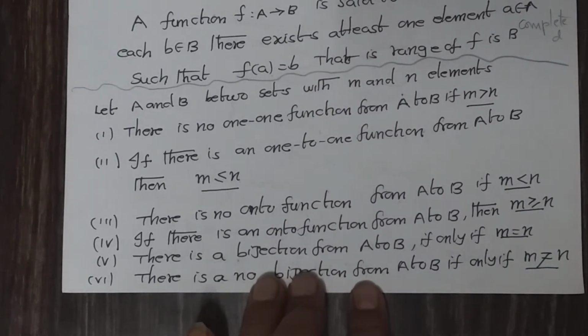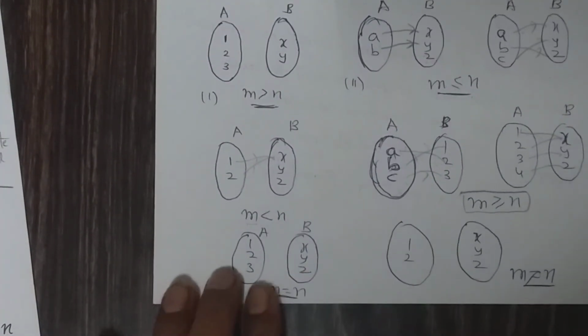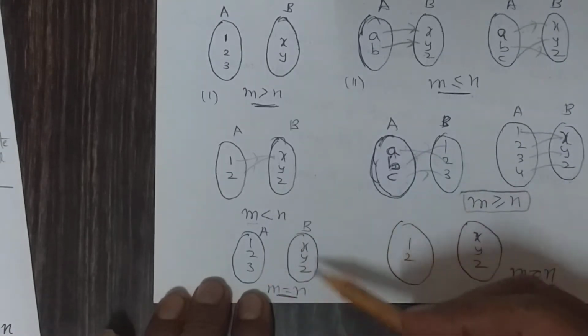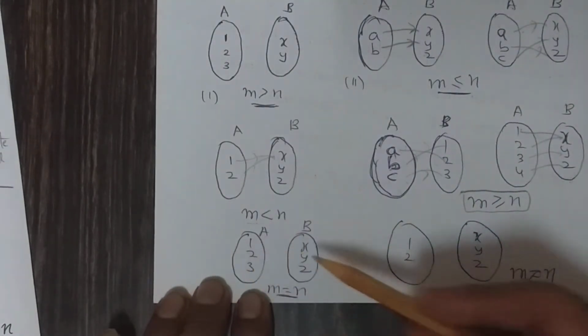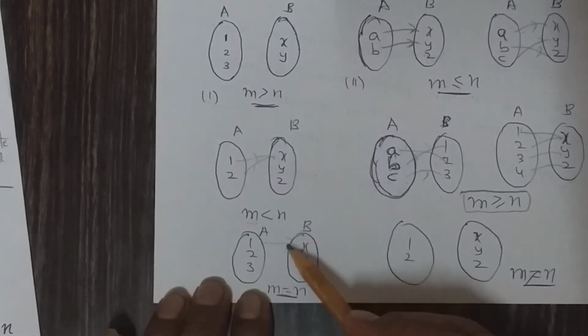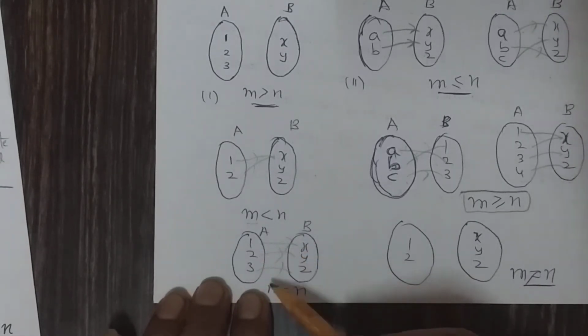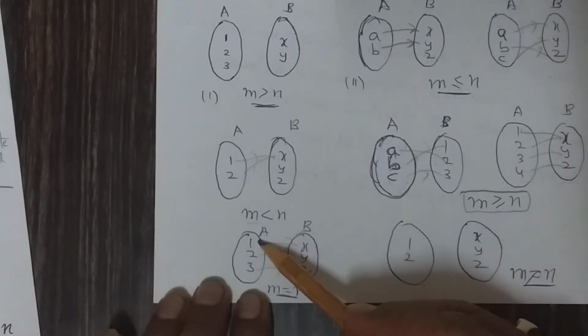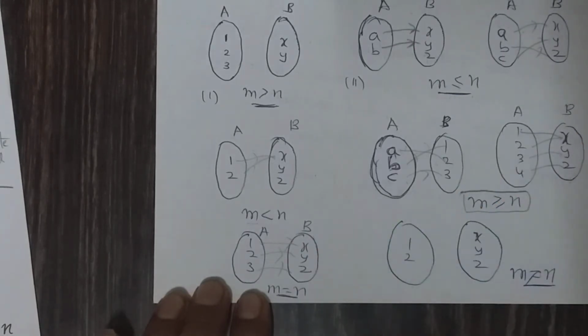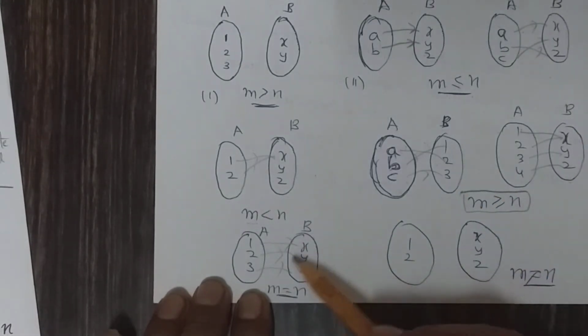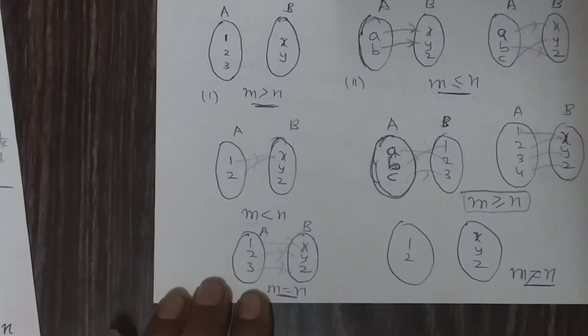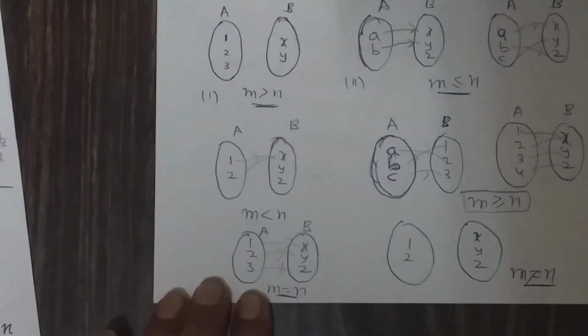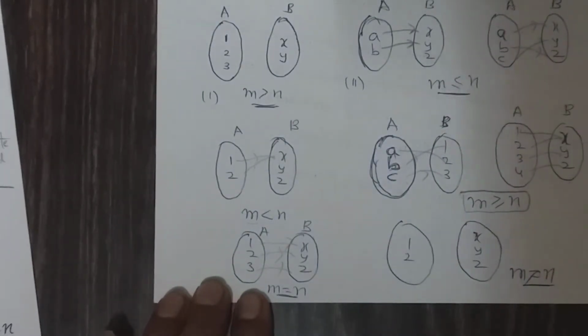Some examples we also saw in exercise problems. Now I will explain that case here, students. See here, m is equal to n. For example, 1, 2, 3 and x, y, z. So m is equal to n: 3 elements, 3 elements. 1 is mapped with x, 3 is mapped with z, 2 is mapped with y. So it is 1 to 1 as well as onto. Why 1 to 1? Every element in the domain is mapped with only one element in the codomain. Why is it onto? Every element in the codomain possesses some pre-image in the domain. So very simple. If m is equal to n, just remember it is a bijection. We can frame the bijection, both 1 to 1 and onto.